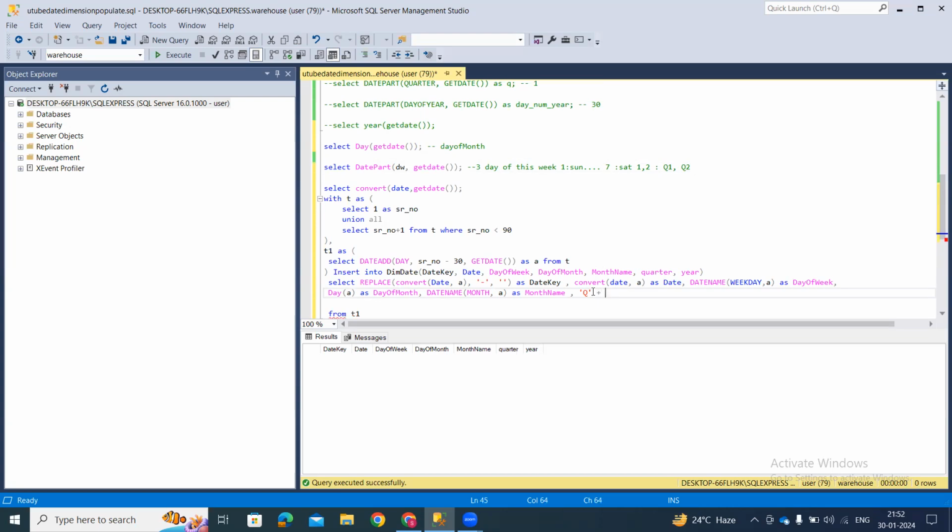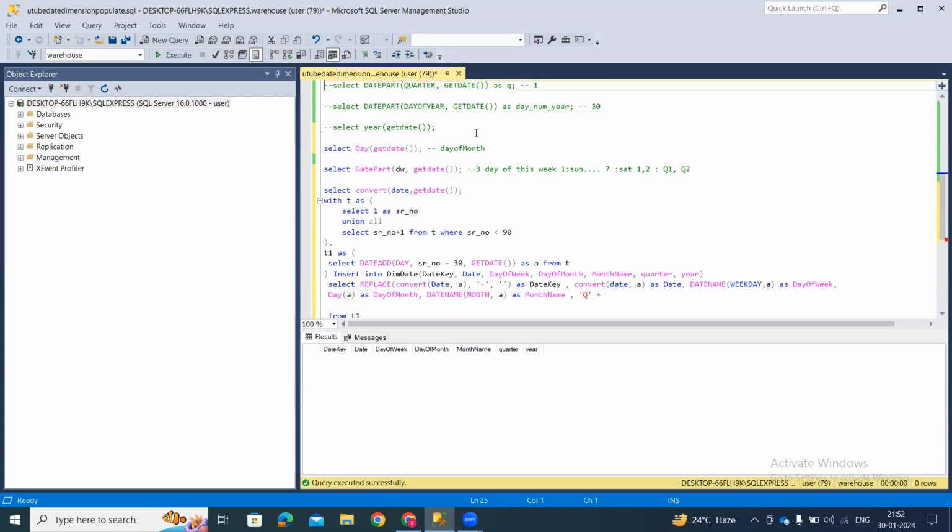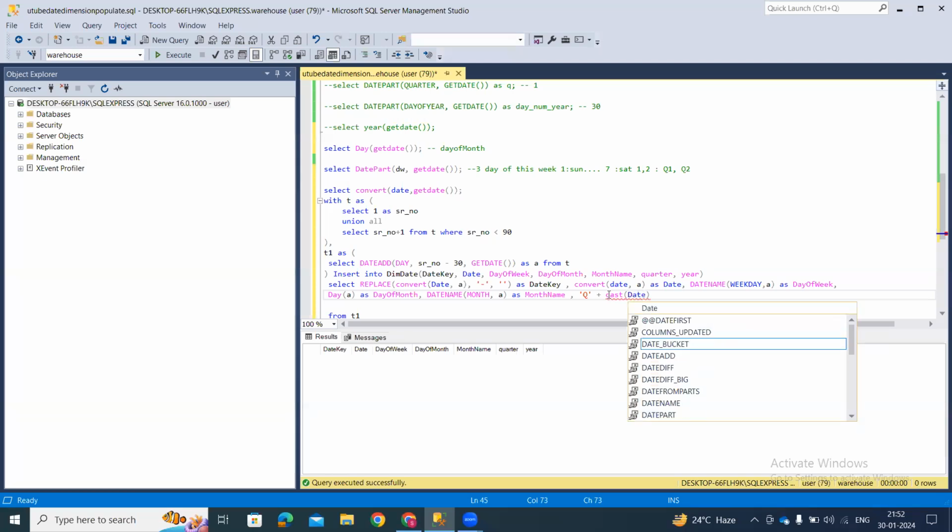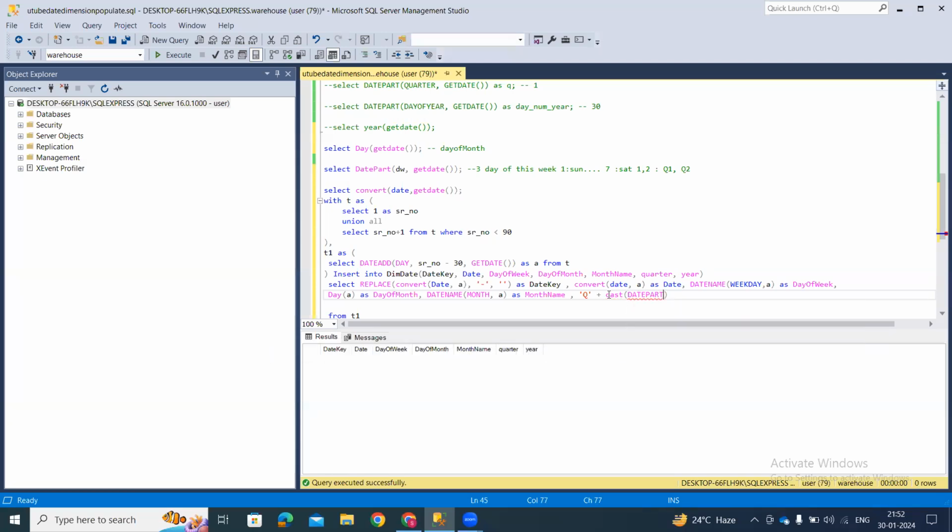To get the quarter, we use the date part. That's the thing we are going to use again. Moreover, we want to convert it into an integer string, and then only the concat is going to work properly. So to convert the quarter integer value from the date part into a string, we are going to use the cast function. Cast date part quarter comma a